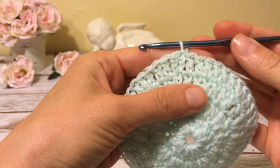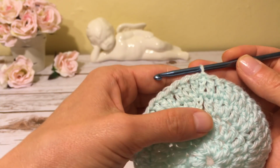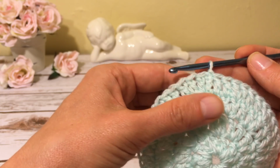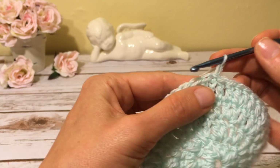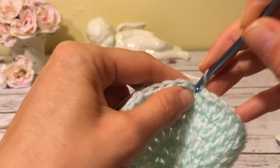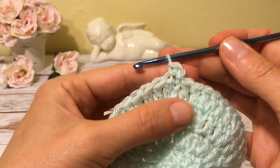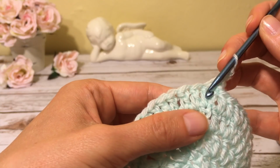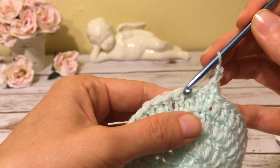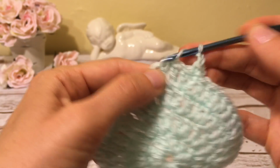I'm now ready to start round 5, and this is where the fun part begins, because this is where we begin to make the lacy part of the hat. So we start with chain 1 and a single crochet into the same stitch as joining. Then I make 2 chains, 1, 2, and I skip the next 2 double crochets, and into the next double crochet I make a double crochet,